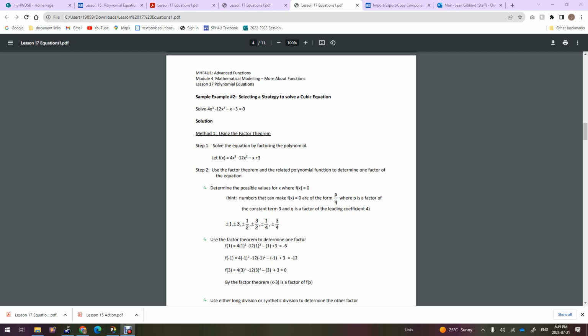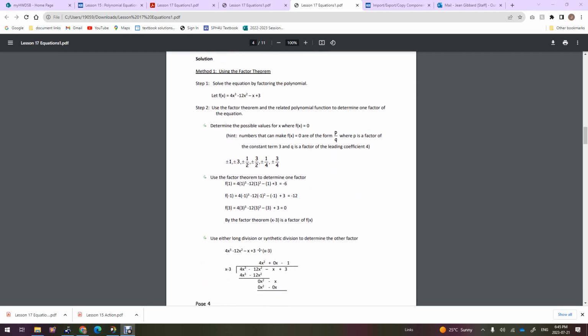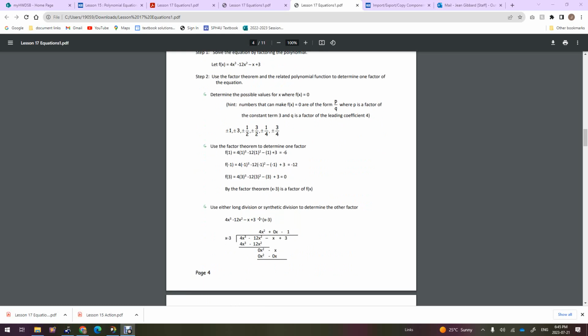So now we have one factor, x minus 3. From there, we can set up long division, we can set up synthetic division, or if you have another way, there you go. So when we substitute that, when we set up